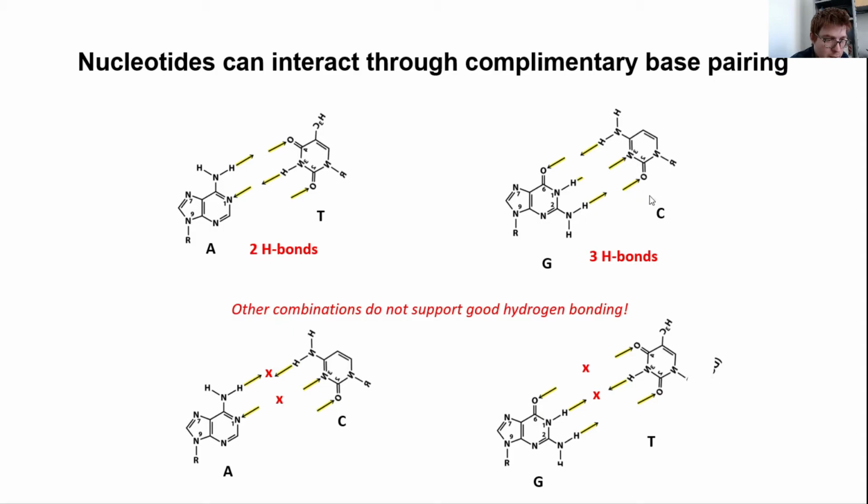And the primary amine and the carbonyl here could interact. So G and C can form a nice 3 hydrogen bond interaction. And if you try to do this with other combinations, so you say, well, maybe we can make an AC base pair or something like that. If you just draw it out and you try to put them together, you see, well, these got 2 amines